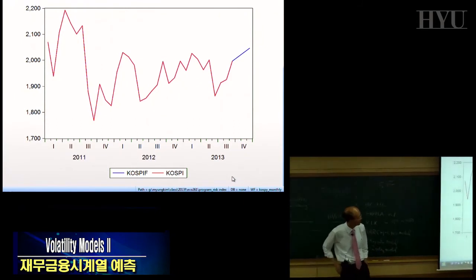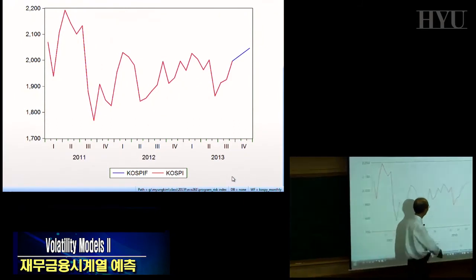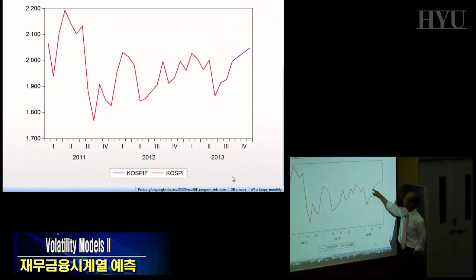Well, it says your forecast is slightly below 2000 in September, and it's around 2000 and a little above it, right? So that's your forecast from this random walk model in a mean equation with adjusted R square something negative. It shows you the level forecast, but it could go either way, right? It could go this way or this way, whatever.